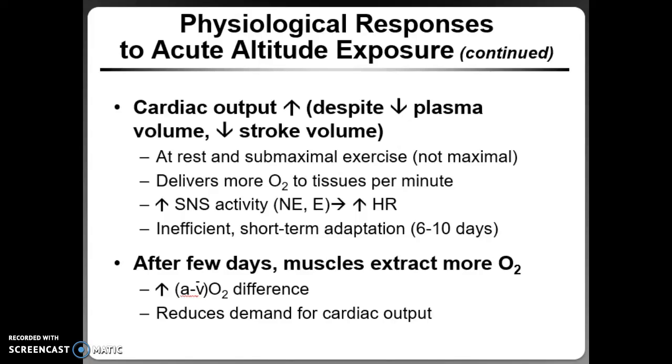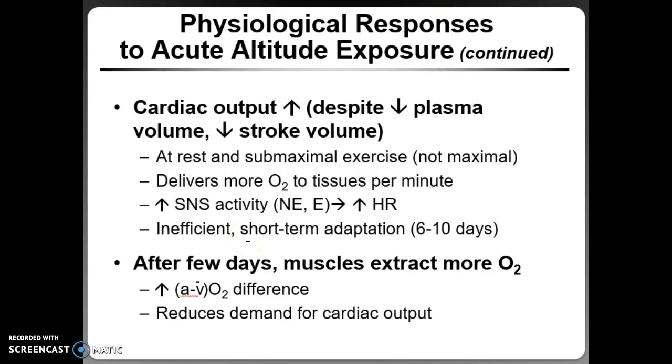Cardiac output is going to increase despite a decrease in plasma volume and a decrease in stroke volume, and this is at rest and submaximal exercise. That way we can deliver more O2 to tissues per minute. So heart rate is going to drastically increase. However, this is only a short-term adaptation,